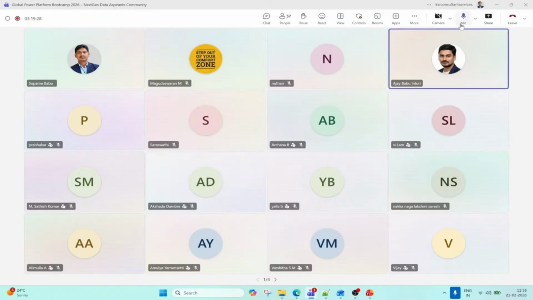No, no, I'm just waiting to load this data. I thought my screen was sharing. So I stopped.